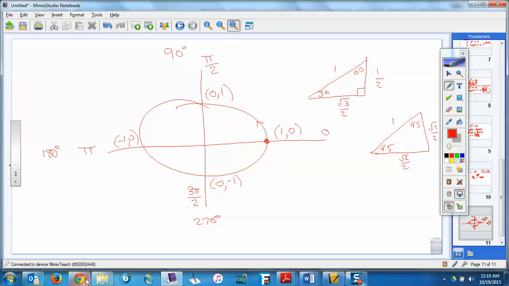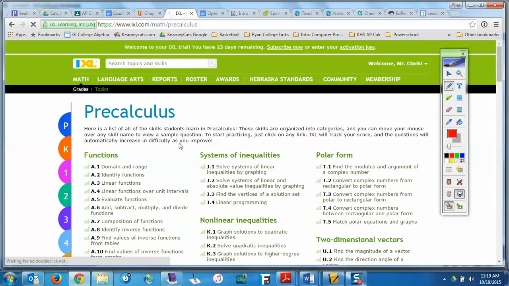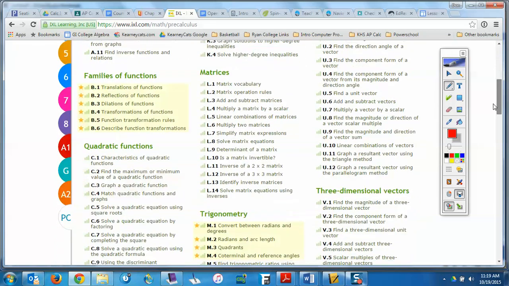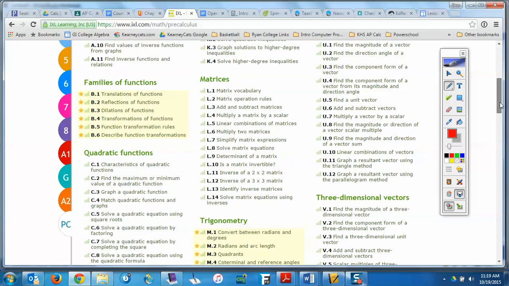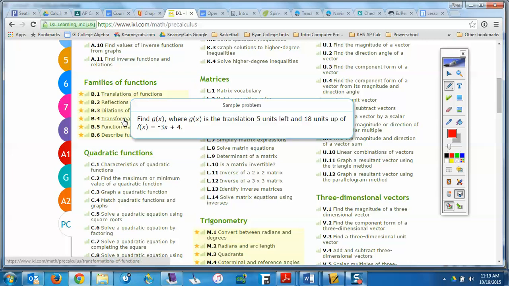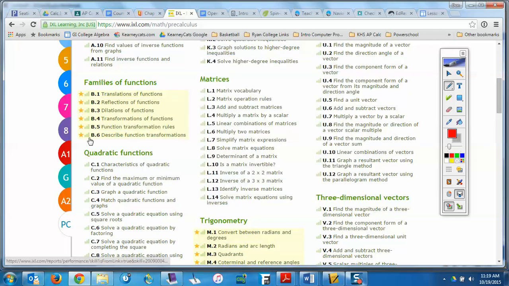Right now I'm thinking if you would go into the pre-calculus skills here, basically our homework for tomorrow, now you should be seeing ones that are yellow and with stars by them. Are you seeing that? If you go into the pre-calculus, go down to the B section. Are those all yellow with stars by them? You have to tilt your screen enough to see the yellow probably. But if you see the stars by them, okay?